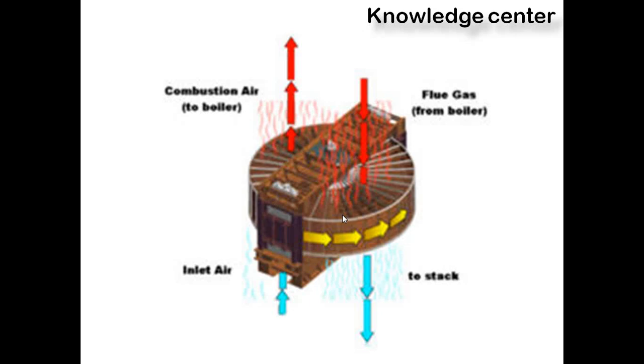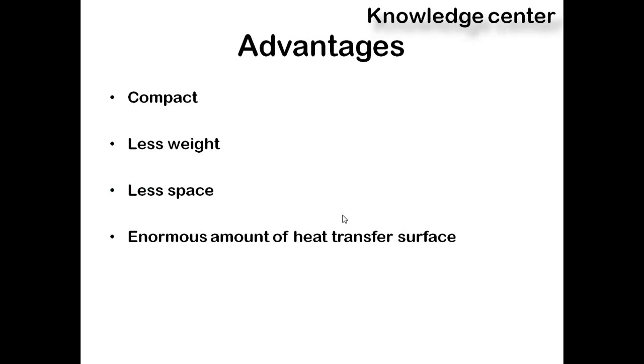Before ending this, I just want to add a few more advantages of the regenerative type of air preheater. This regenerative type of air preheater is of compact size because just a small rotor with light weight is there. It is less in weight and compact in size, so very little space is required, and the heat transfer surface will be high. The sheets which are used in the rotor are many, so the heat transferring surface will be high, so the efficiency will be high. That is the advantage here.